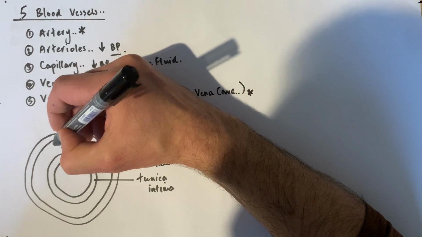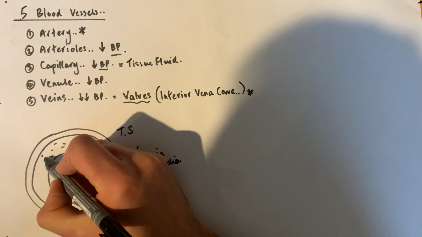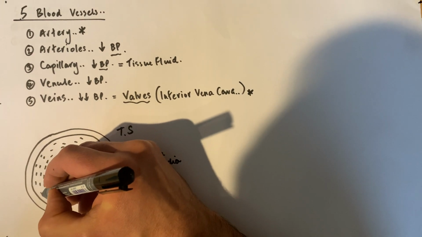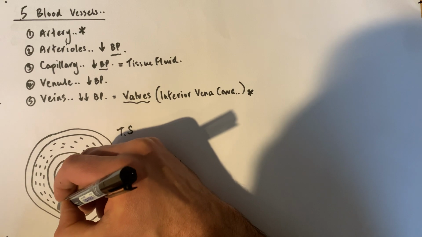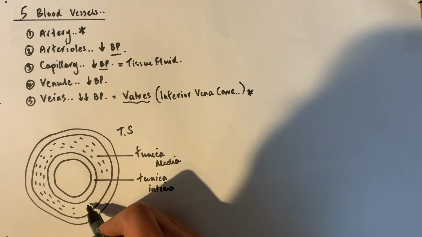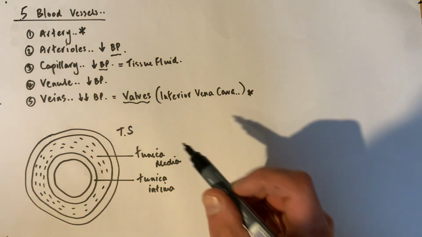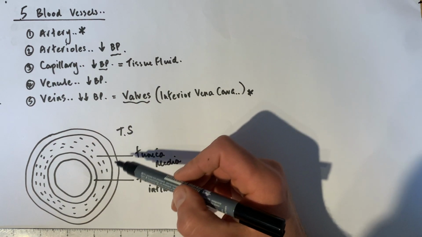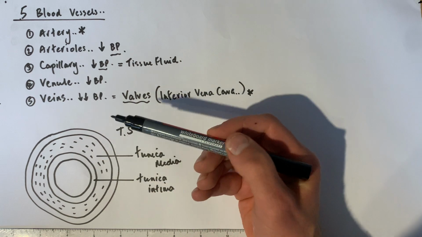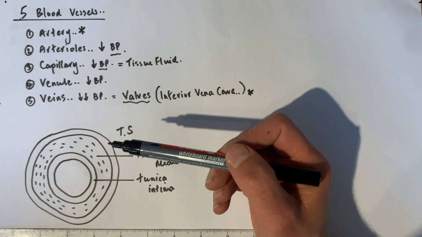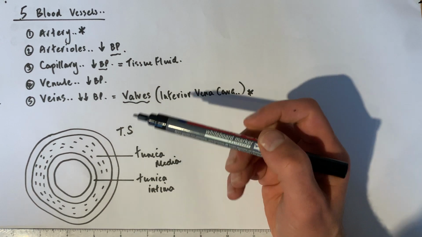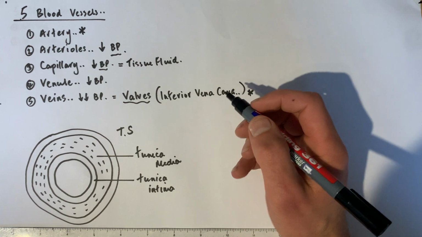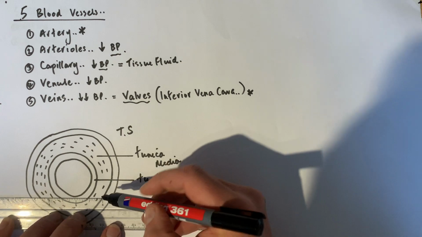Now, as we said a moment ago, what the elastic fibres do is during ventricular systole, when blood is being forced out of the left ventricle in particular through the aorta, as the blood passes this point in the artery, the elastic fibres are going to stretch, and as the blood's past the point now, they then recoil back into their original length, and that's going to help to maintain a high blood pressure. So we could put here